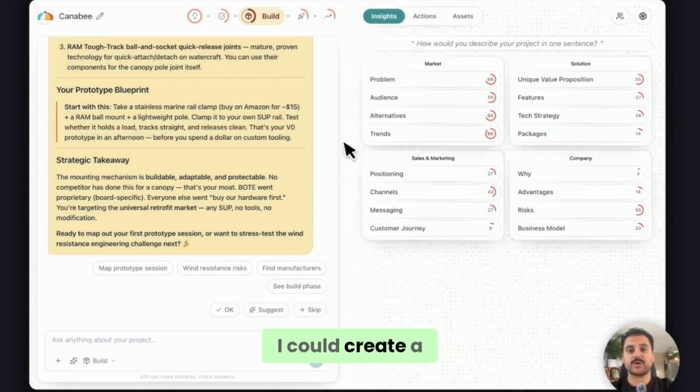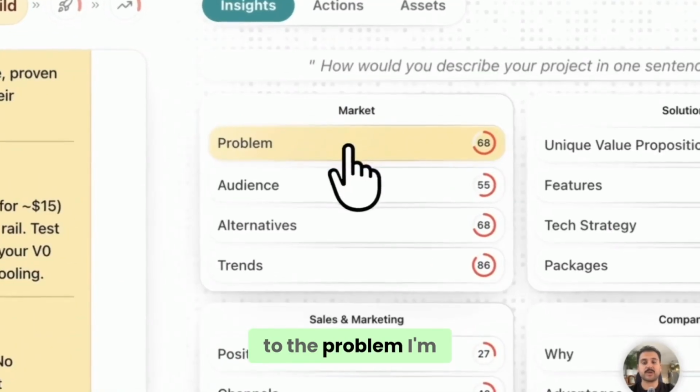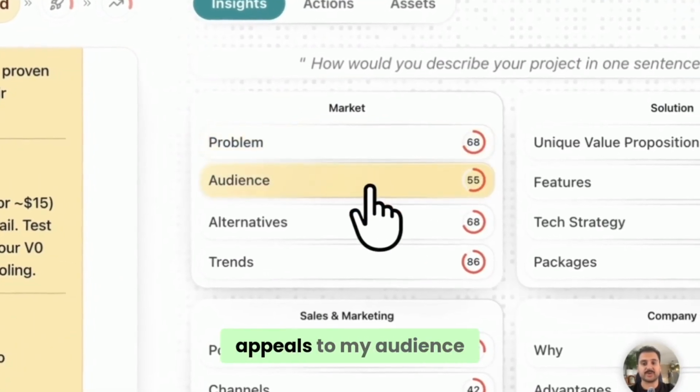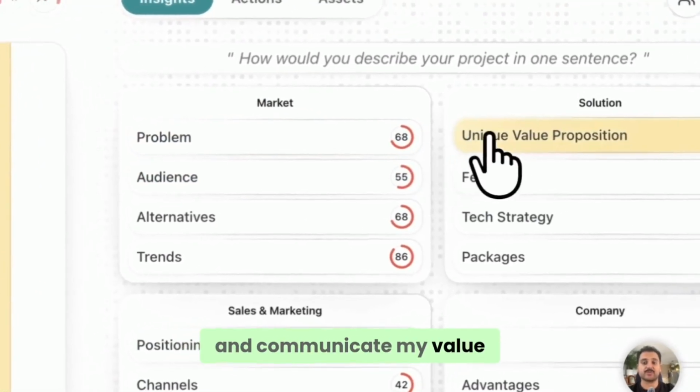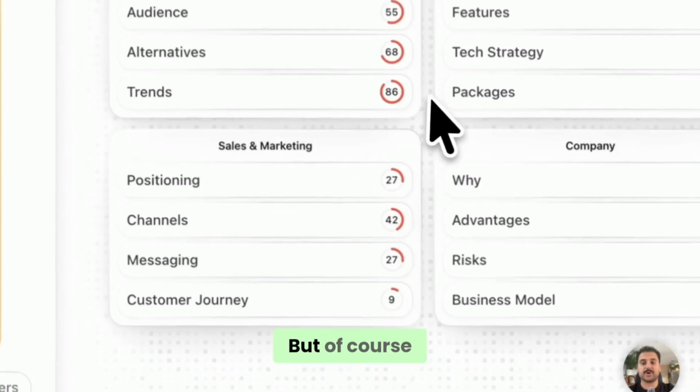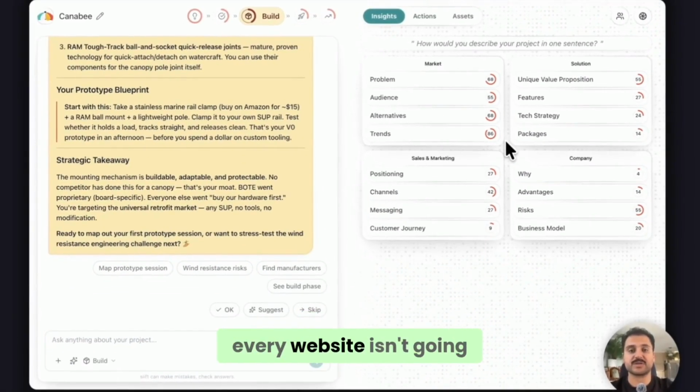For example, I could create a website that's very aligned to the problem I'm solving and write it in a way that appeals to my audience and communicate my value proposition with compelling messaging. But of course, the first version of every website isn't going to be perfect. The difference here is instead of relying on another AI tool to assume a bunch of different things and create